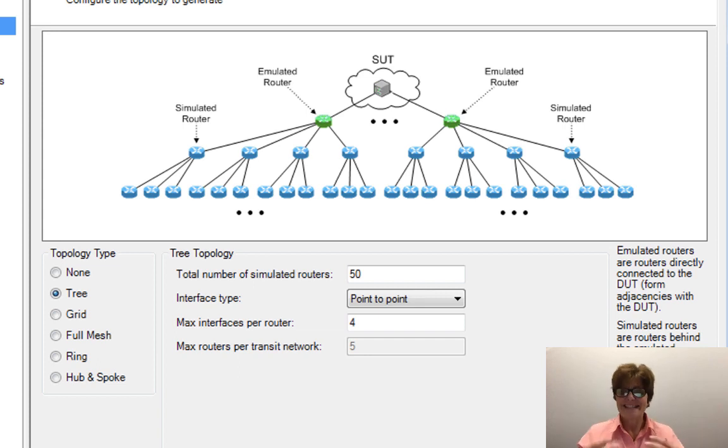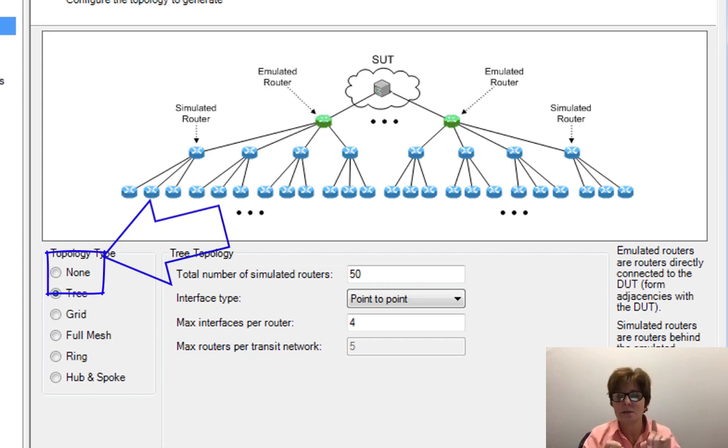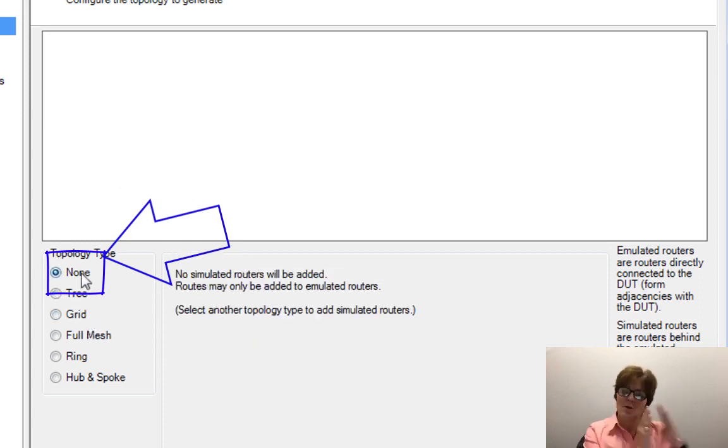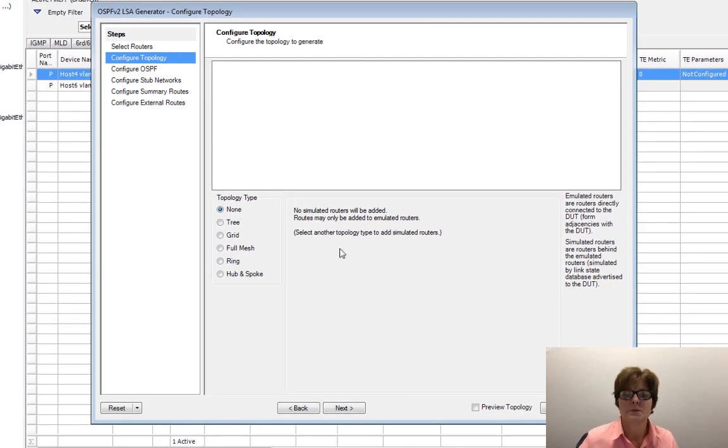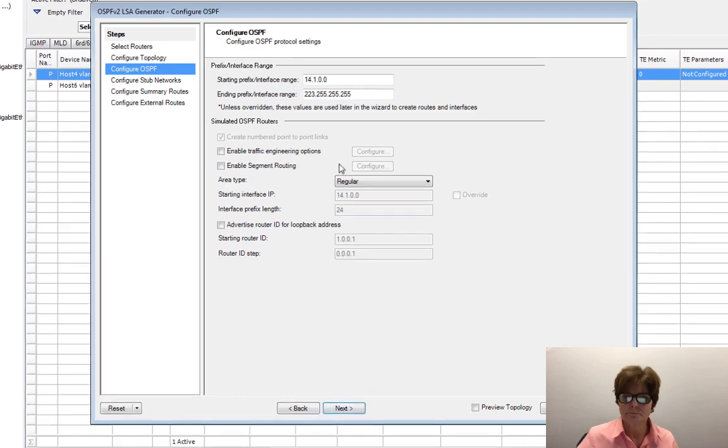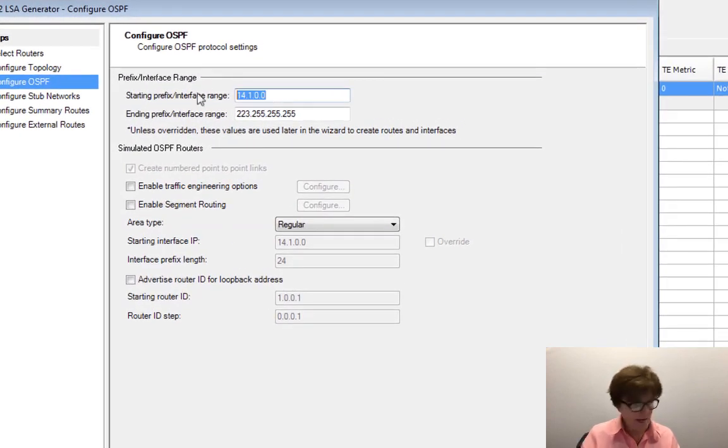In almost 19 years of doing proof of concepts, I have never used anything but none as the topology type. So this is a lot more convoluted than you're typically going to need in a POC. Typically, for most of the POCs that come through, you want to pretend that there's a router there, you want to neighbor up with this one OSPF neighbor, and you want to send routes. So the address I want is